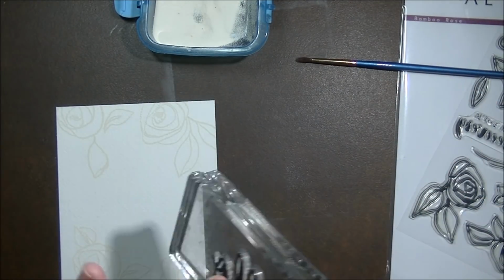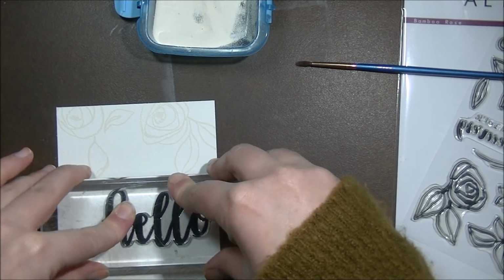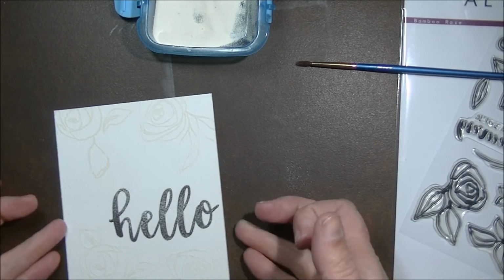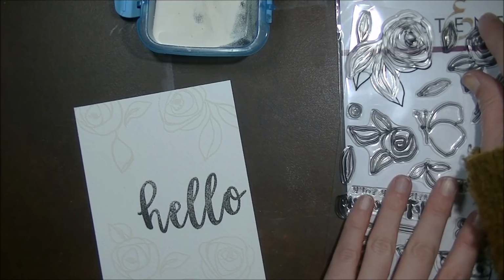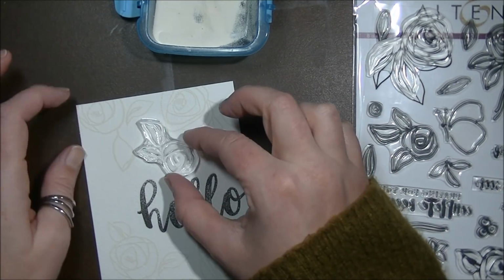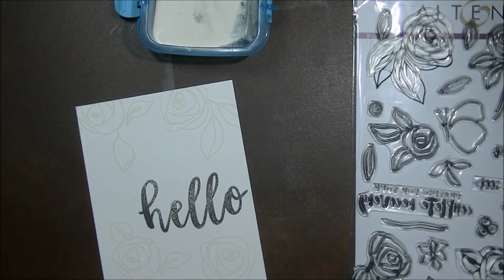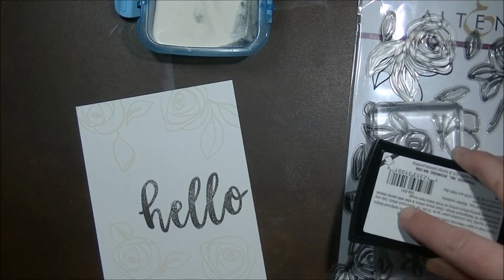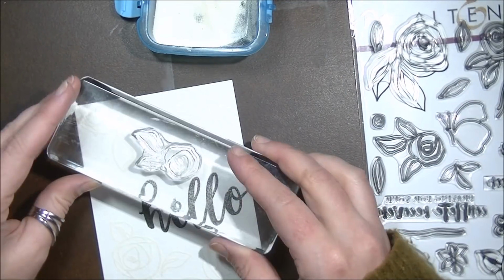So I put some of those flowers on, and now I'm coming in with the Hello stamp from the Blooming Bouquet set, and I'm stamping that in VersaFine Onyx Black ink. Now that doesn't stamp very well because I am using Arches 140-pound cold press watercolor paper, so it does have quite a bit of texture to it,